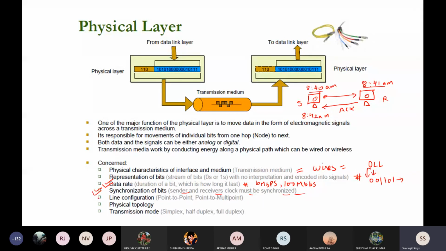Another thing is line configuration. This is point to point and point to multipoint. It just says that when you are transferring a message, it can go from one router to another router, but it can also go from one router to many routers.